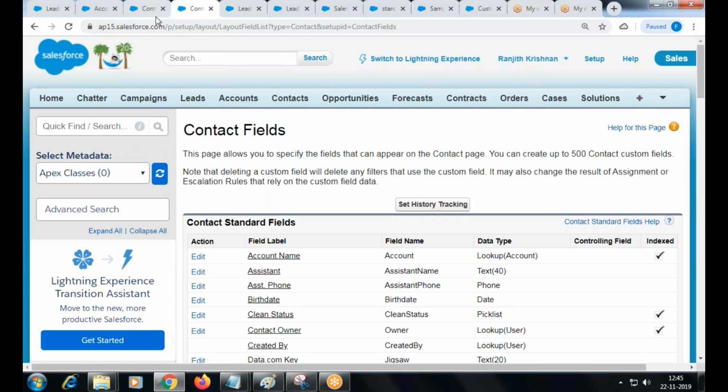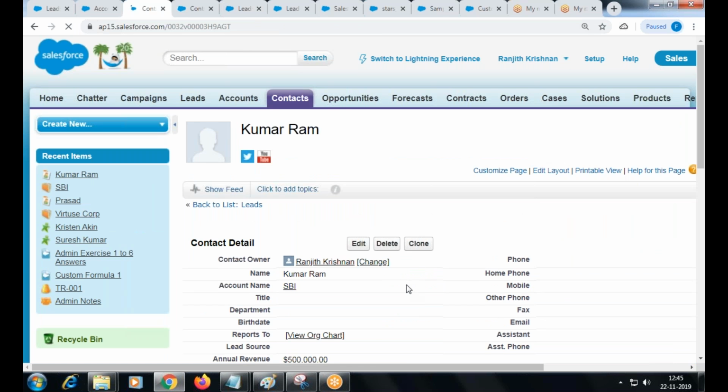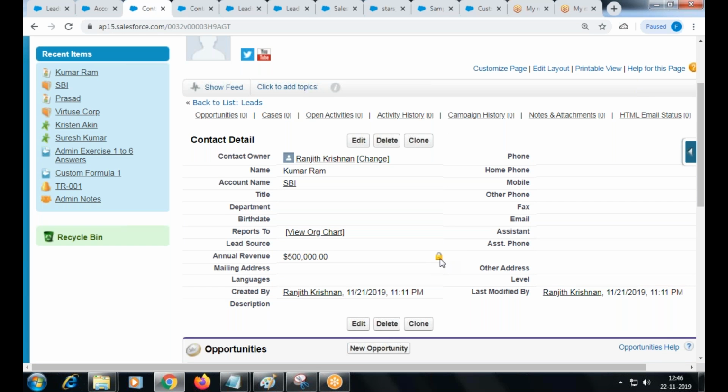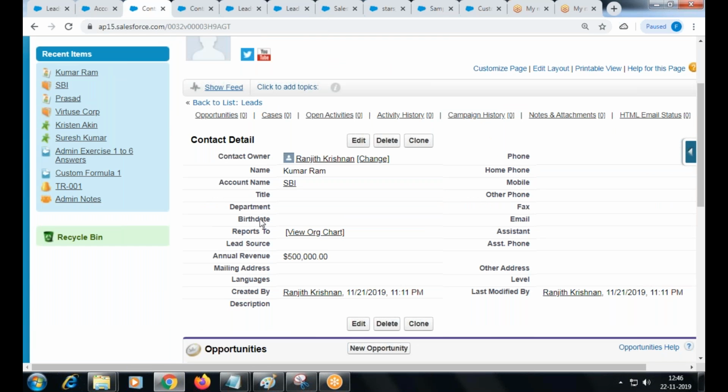Right? I go to the contact, refresh, we get the annual revenue, which is locked. Similarly, I would like to display the company number of employees. So whatever field you would like to refer from the parent object, you can build here.